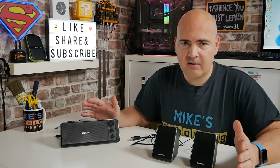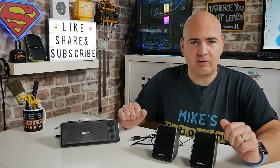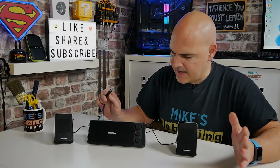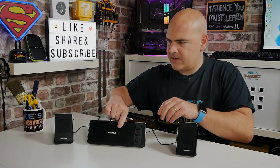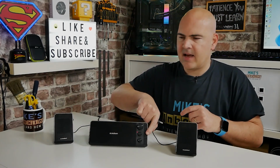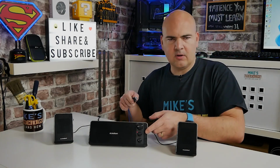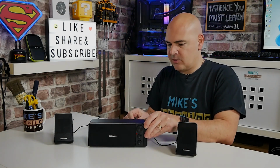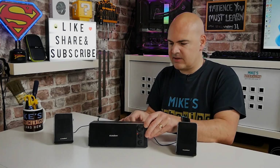Okay, so that's the speakers all done and dusted. I think the best thing to do now is to plug them in and give them a fair crack of the whip. Okay, so we've got it all plugged in, and as you can possibly see, or maybe not, there is an LED on there, a little light just to say that it's actually active. So I'm going to plug my USB stick into the back of the device. You could, if you wanted to, for ease of access, if this is in a slightly